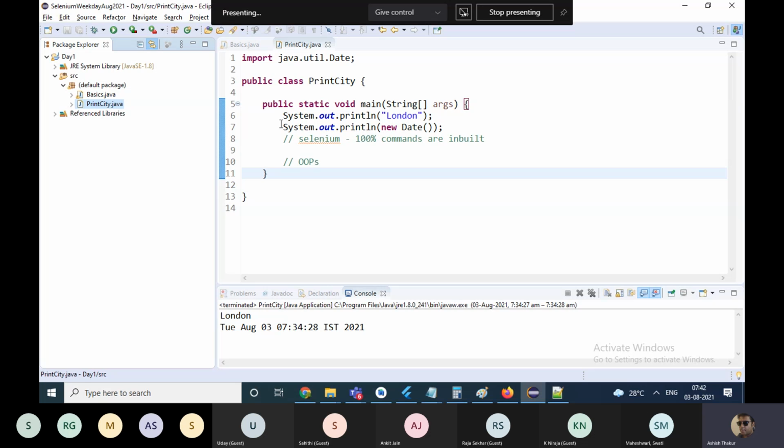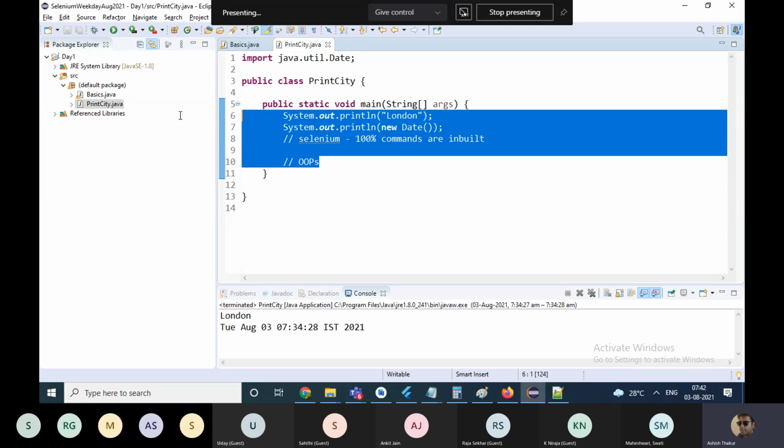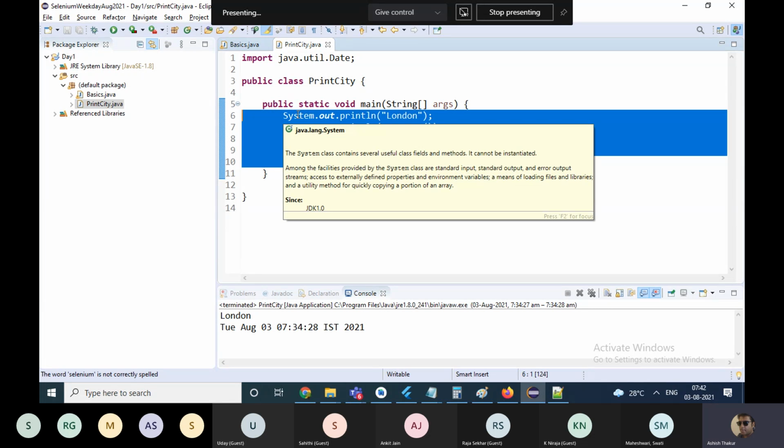All right. Fine. Moreover, at times as a beginner, you would want to debug your programs as well. When you are writing a Selenium script of say 1000 lines and it's failing somewhere, it's very difficult to comprehend where the script is failing.